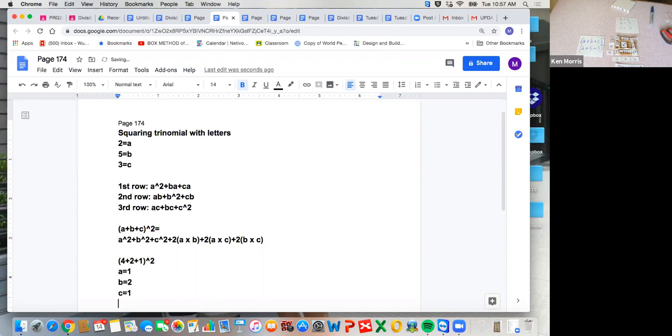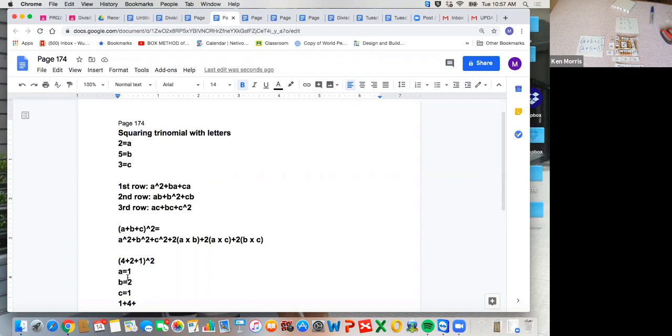And then you would plug in. A squared would be 1 squared, which is 1. Okay, I'm looking right here. Plus B squared is 4 because B is 2. Plus C squared, well, C squared,